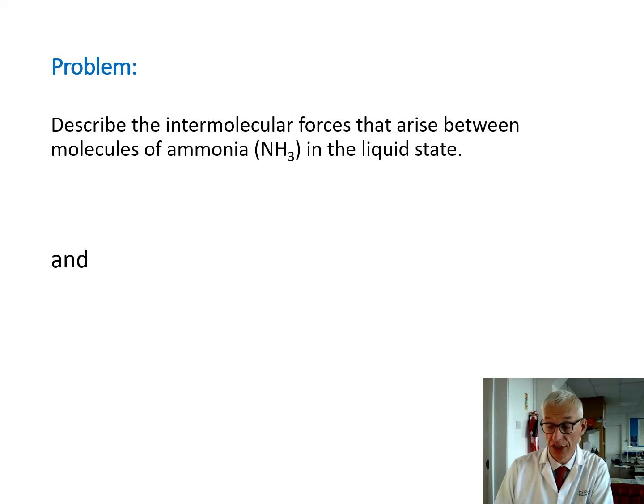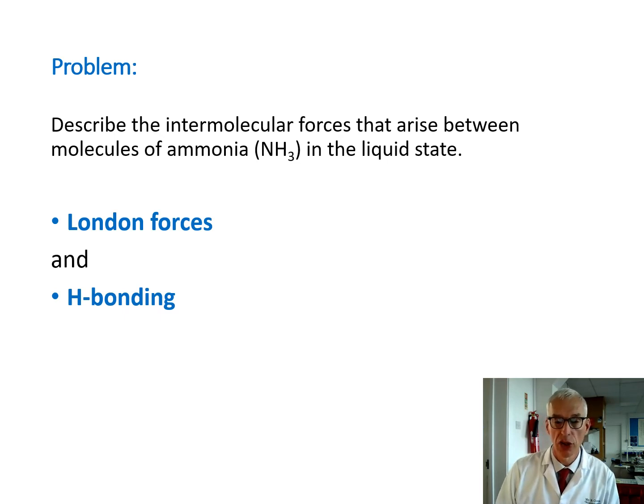Okay, so the first thing to say, of course, is that as ammonia molecules have electrons, there will be London forces between the ammonia molecules, but we will also have hydrogen bonding. So let's look at the detail that you'd need to provide here. Well, we need to show that ammonia contains a polarized hydrogen-nitrogen bond and a lone pair of electrons on the nitrogen, and if it aligns itself with a near neighbor,